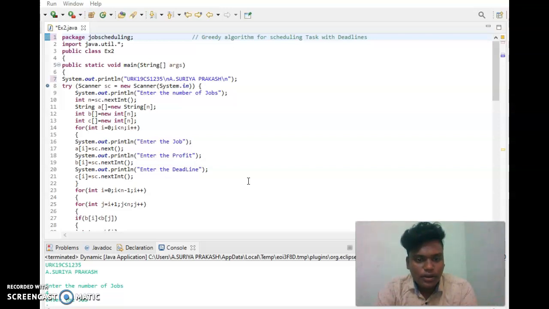Now we have to print "enter the profit". Now we have to print "enter the deadline". Now we are going to see the for loop, int i equal to 0, i less than n minus 1, i increment. Now next is j. The for loop is int j equal to i plus 1, j less than n,